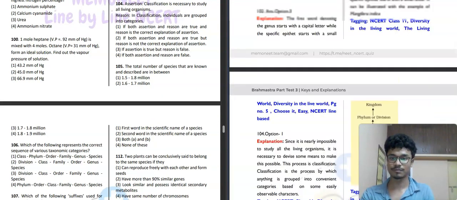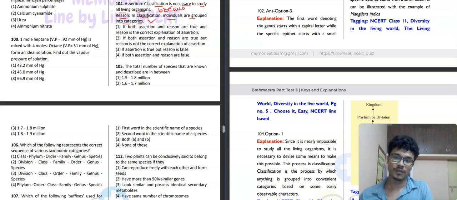104. Okay. It is an assertion-reason type of question. It is saying that classification is necessary to study all living organisms. Absolutely correct. Now the reason is saying that in classification individuals are grouped into categories. It is also correct. So now we need to check whether the reason is the correct explanation of the assertion. So if we put a because here,